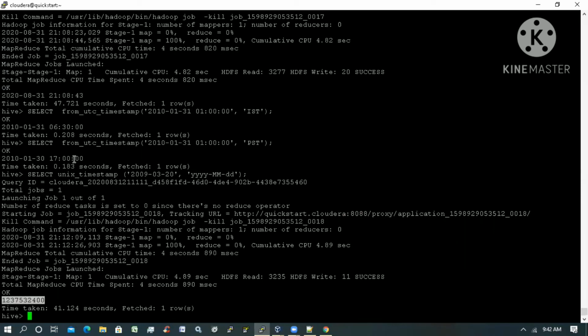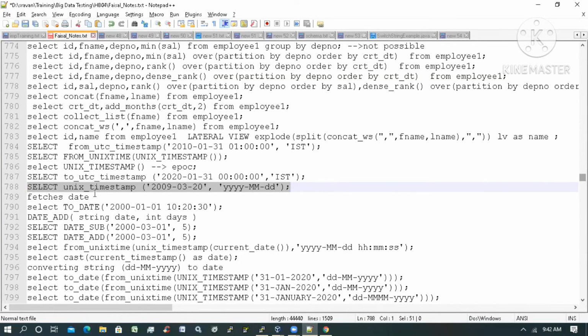See here, this is the conversion. If you are giving any timestamp, string data, and you want to convert this string data into epoch time, how is it converting? Previously I gave a Unix timestamp. In the previous example, what did I give? The same Unix timestamp. What did it give? The current time, meaning epoch. Select Unix timestamp. In that case, it gave the current time in epoch format.